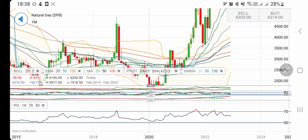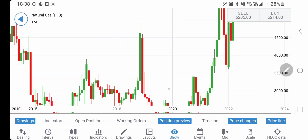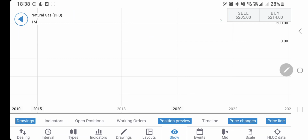RSI is looking downwards here. Considering this, now we've seen the charts and indicators. Time for us to define the levels and strategy for next week. And before we